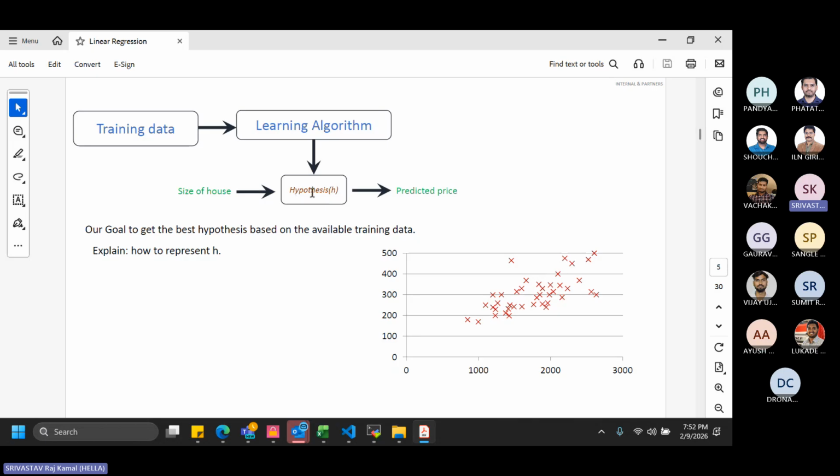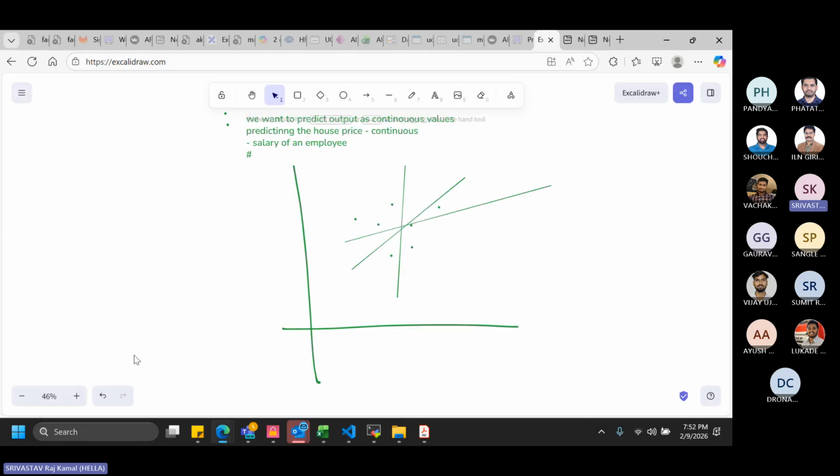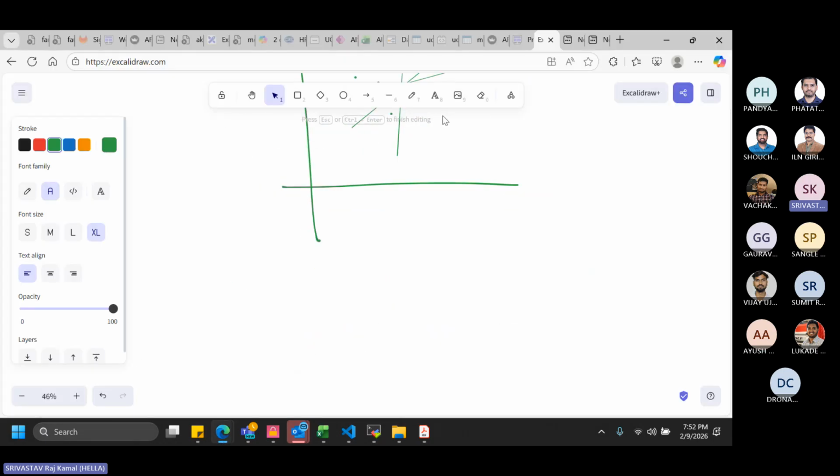So we want to come up with some hypothesis, also called a function, which helps us find the predicted price given the size of a house. How can you calculate this hypothesis? Linear regression is one example. Eventually, we are going to come up with some function, as I mentioned in the first class, which would be